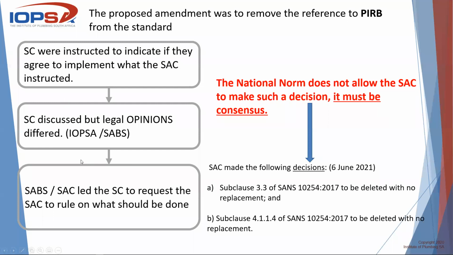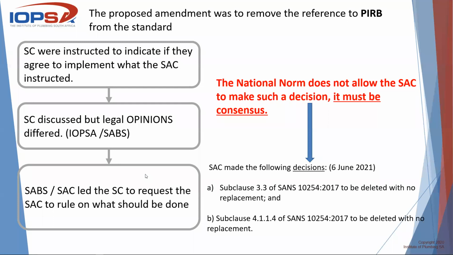Basically what happened is the SAC made this presentation to the committee. The committee were unable to evaluate it. You were sitting there with two opinions. The one was an opinion by the SAC, which says this has to be implemented. IOPSA presented a very credible second opinion, a different opinion that made a lot of sense, that we had a lot of support for, verified by our legal team as well, that contradicted the SAC opinion. But then, unfortunately, SABS tried to force this down to a vote, and the committee simply couldn't decide between the two opinions,